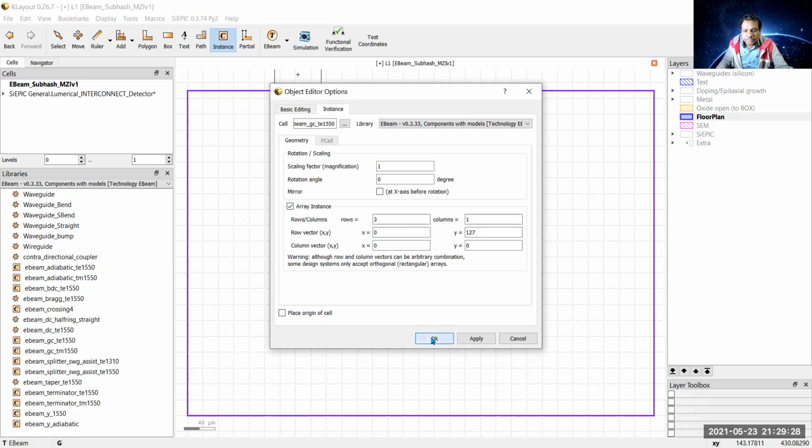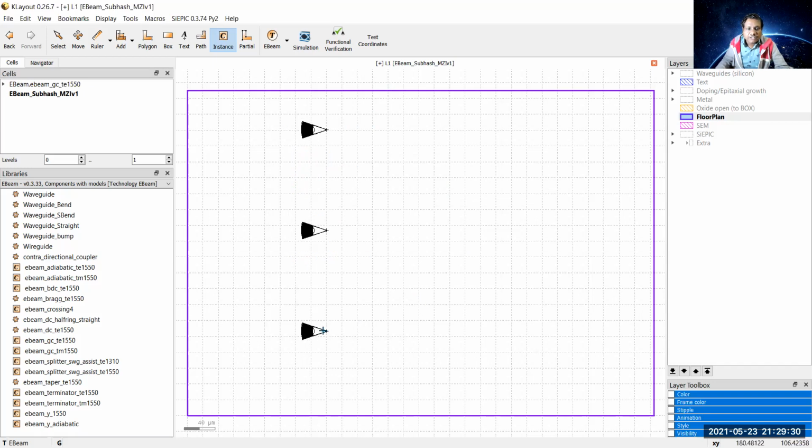So say OK, and after that you see these three grating couplers hovering with my cursor, and I would like to place them at the corner so that the rest of the space we can use for other purposes. So I have clicked. After that I have to push the button skip.